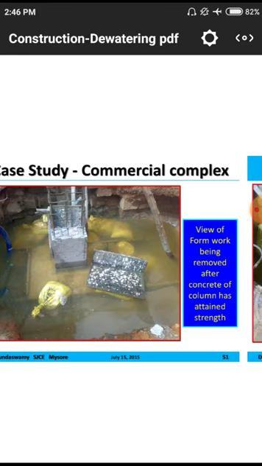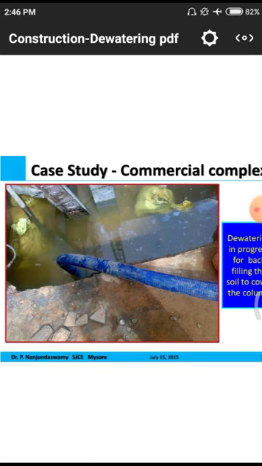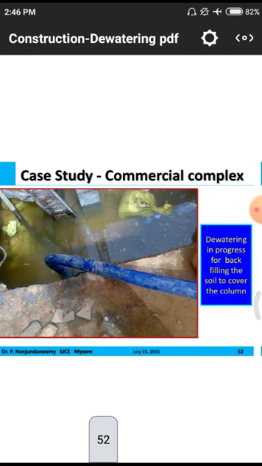In view of the formwork being removed after concreting, the columns attain strength. It means after concreting the column we have to wait 28 days, or a minimum of 21 days, for getting complete strength. Further, daily we have to give 2 to 3 layers of water for formation of calcium silicate hydrate gel. If there is no proper gel formation, automatically the strength will decrease.